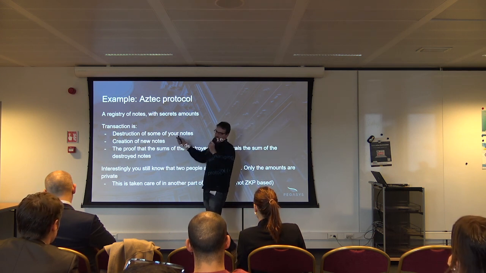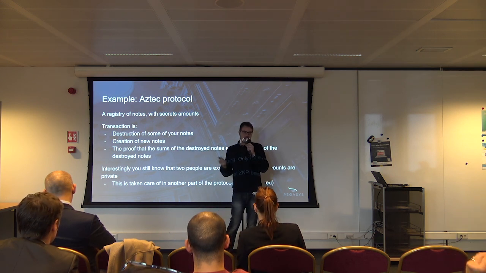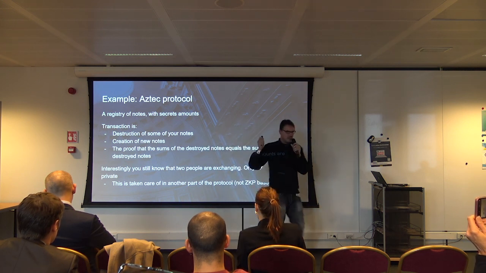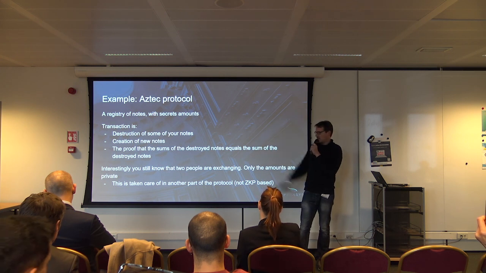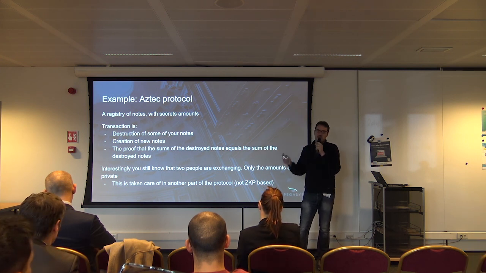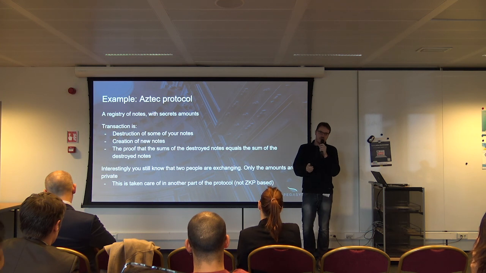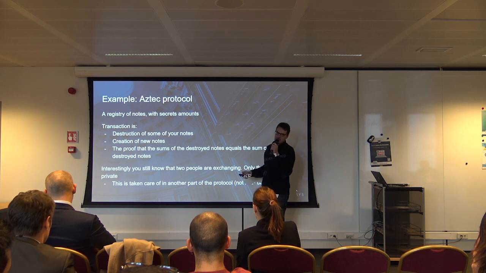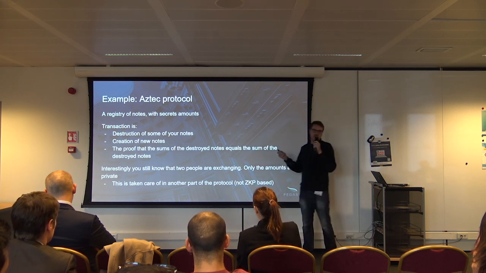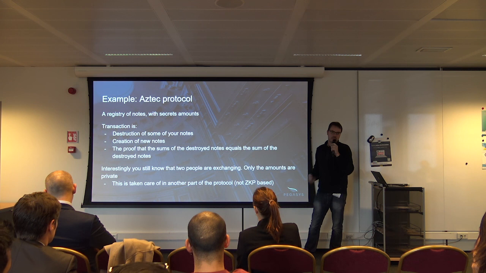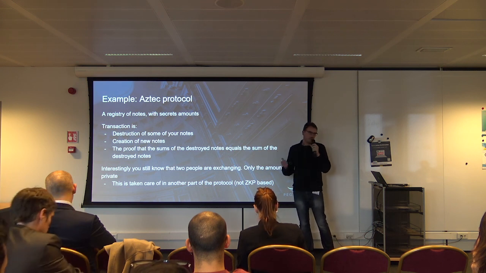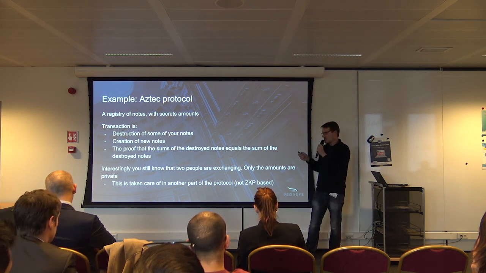In Aztec, what they do is you've got a set of notes, you're destroying them, and in the private part of the protocol, in the private inputs, you have what was the value before and what was the value after. And you just have as a statement that you're not creating money. The blockchain is just going to check the proof. So it doesn't care about the owner, it's just going to check that you're not creating any money in the transfer. Okay? Zcash is more or less the same logic.